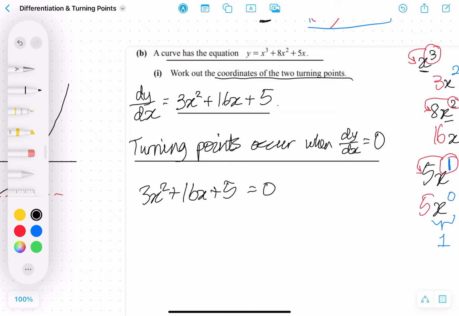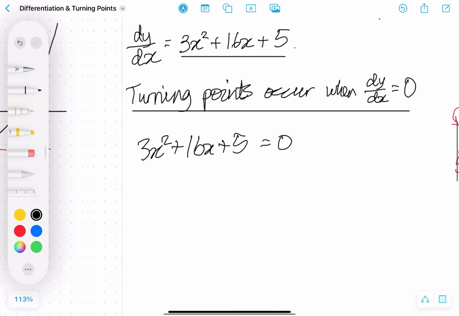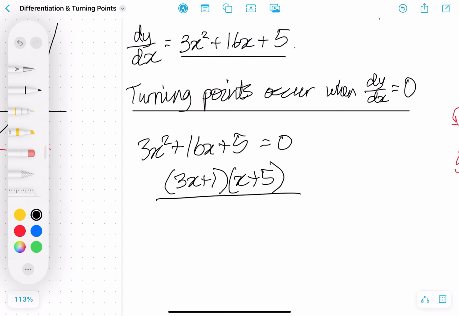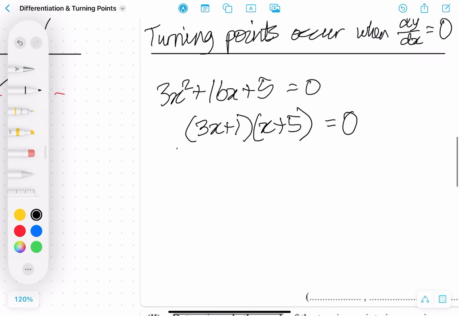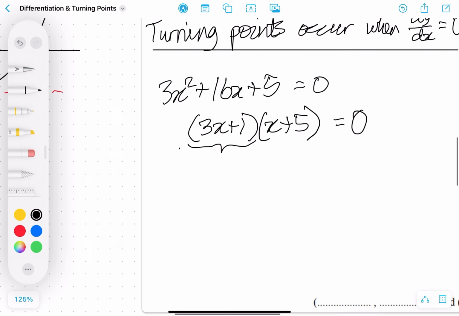Now this is a quadratic which we can solve. We can either solve it using the quadratic formula, or we can factorize it like so. And if you multiply this out, you'll see that it's exactly the same as up here. So it's been fully factorized, and this is equal to 0. So now we know that either this is equal to 0 or this is equal to 0 in order for their product to be 0. So therefore we get 3x plus 1 is equal to 0,